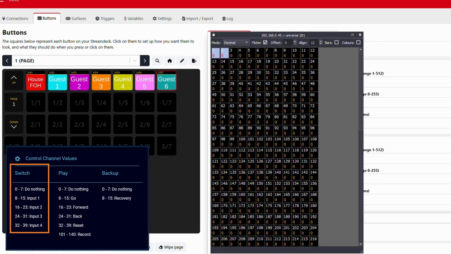So this is how you can use the LumiCore to confidently switch between different guest consoles on a festival without any